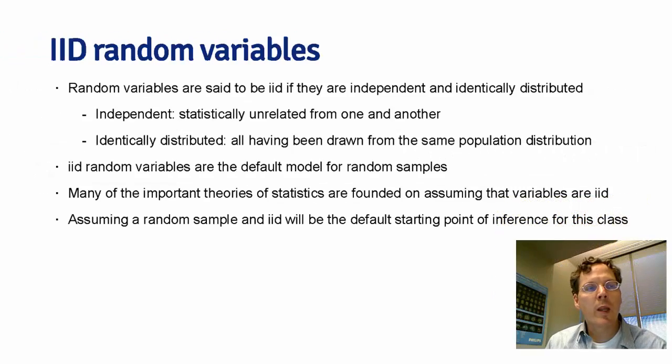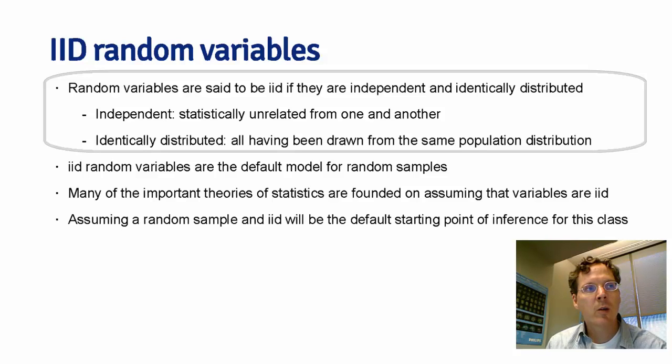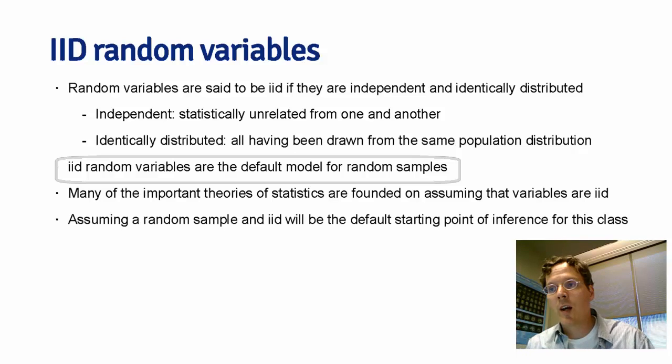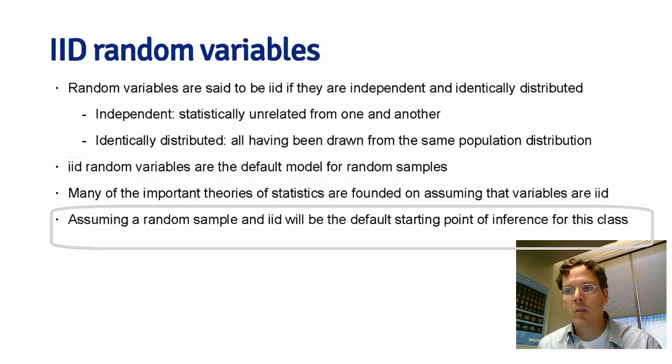In this class, the main way we're going to use independence is that we're going to assume that a collection of random variables are independent and from the same distribution. We call such random variables independent and identically distributed. So you might think of several coin flips as IID because they're independent. One coin flip is independent from the next one, and they all arise from the same distribution, 0.5 for heads and 0.5 for tails. IID sampling is our default model for a random sample. So whether we have an actual random sample or not, we often use random sampling, or the model of IID, as a conceptual model to analyze our data. It'll be our principal mode of analysis for this class.